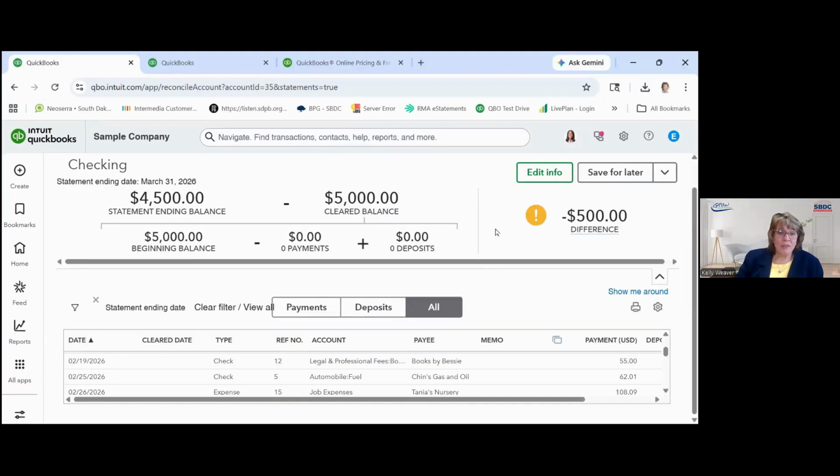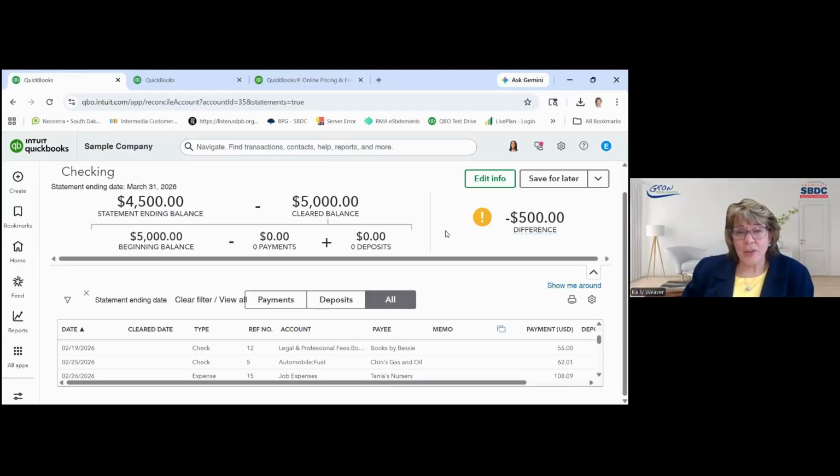So even though you do most of your entry through the bank feed, you may want to look at your check register. Hey, are there any checks that I wrote this month that aren't showing up here? I might want to enter that in QuickBooks so I have a record that it was actually written. Because what if it never does come through the bank? Then I have to do some more checking on that.